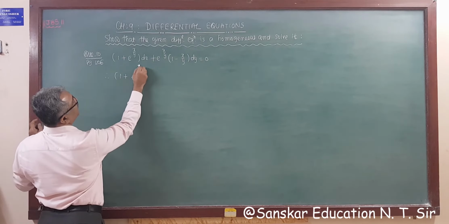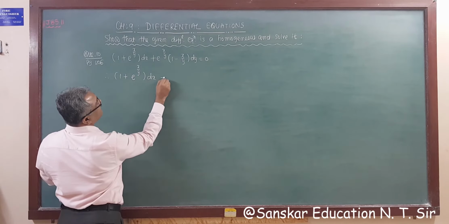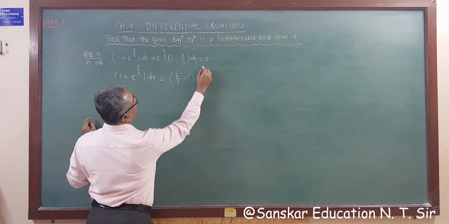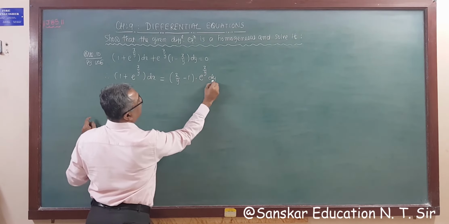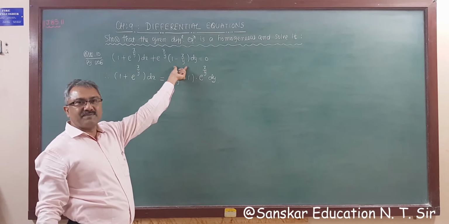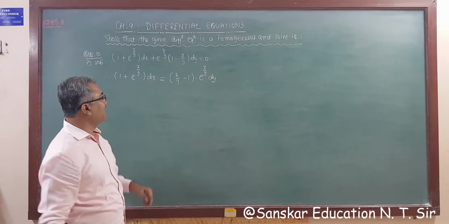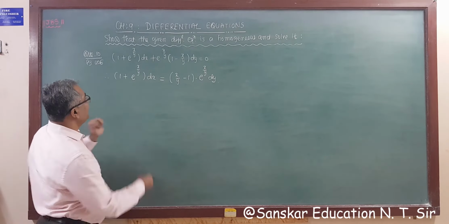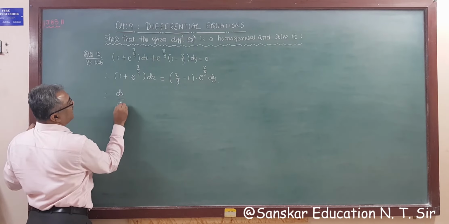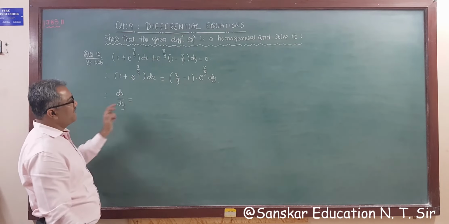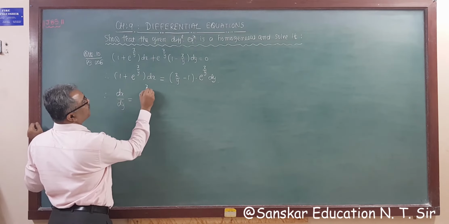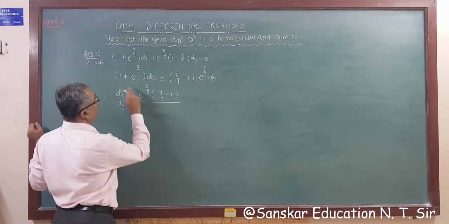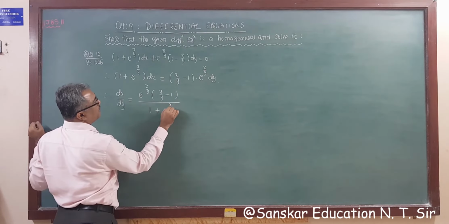1 plus e raised to x by y dx is equal to (x by y minus 1) into e raised to x by y dy. So I'm changing the sign, plus becomes minus, minus becomes plus, right? So no need to write a negative sign. So now, due to this, we have to express this into dx by dy form. So dx by dy is equal to e raised to x by y into (x by y minus 1) whole upon 1 plus e raised to x by y,